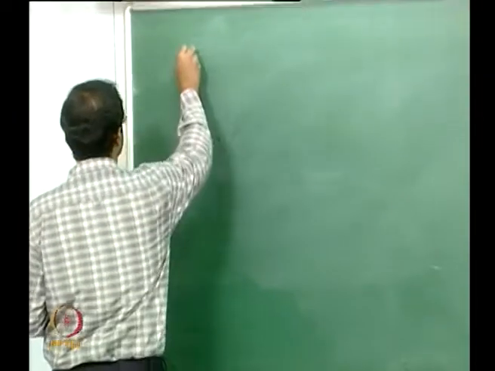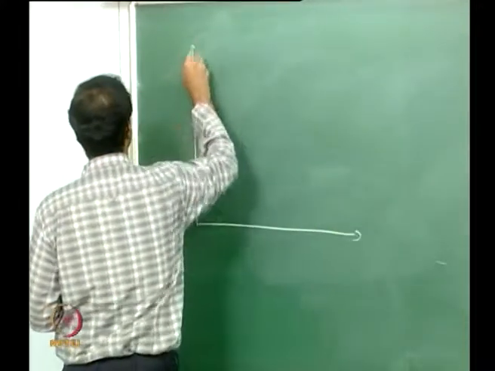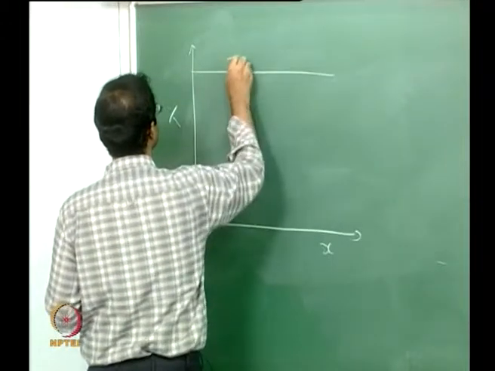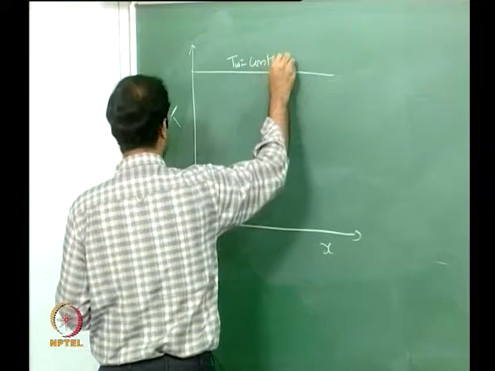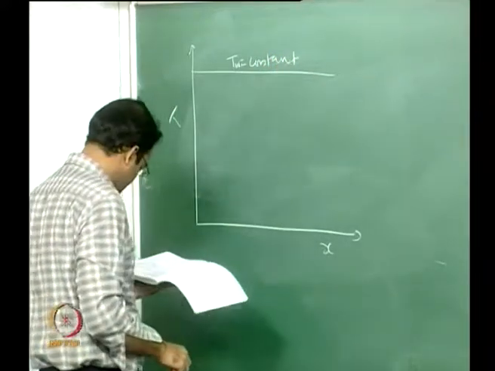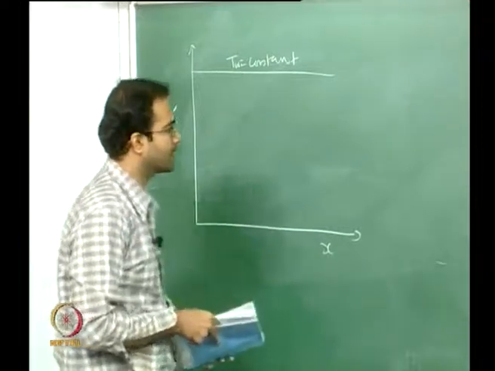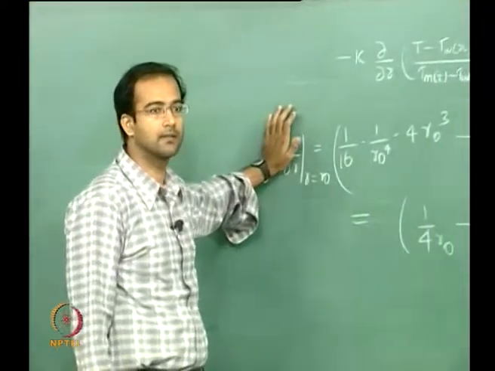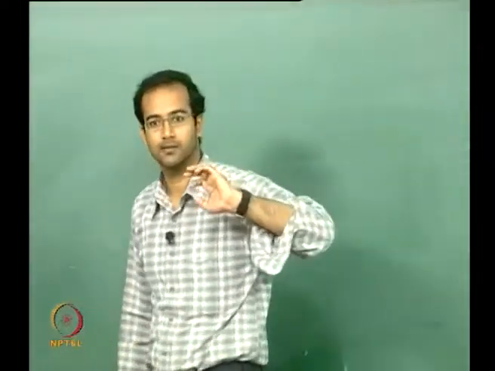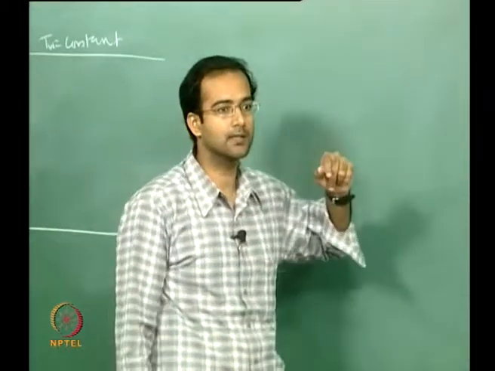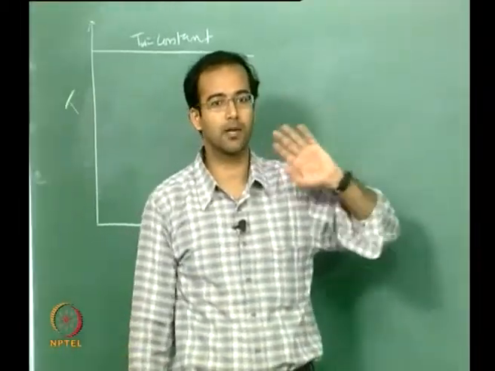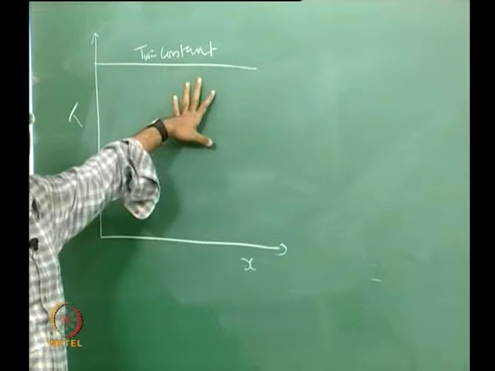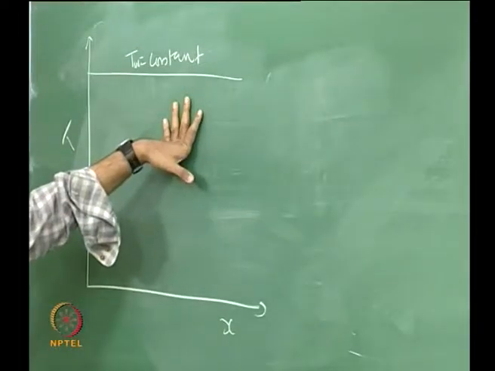So let us look at the profiles of temperature T as a function of x. Of course your wall temperature is now a constant. Now you want to know how the mean temperature is varying. Earlier, wall temperature, mean temperature and temperature at any location were just straight lines with equal slopes. Now it is not the case. There, from Newton's law of cooling, you directly showed that the slopes have to be the same, but here it is not true. So in this case the wall temperature is of course a constant, but how the local temperature and the mean temperature vary is not clear.